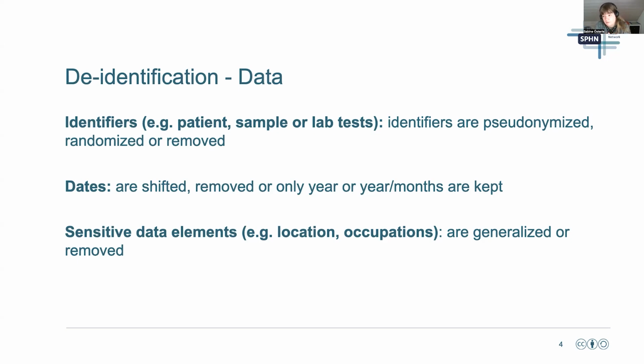On the dates, what we can do is so-called date shifts. You determine a random number in a certain range. For example, you would say, I would like to shift all my patients by plus minus 30 days. Then for each patient, a random number between 0 and 30 is picked, and all dates are shifted by this random number. This ensures that the order of events is still in place and the temporal relations within your data are unaltered. But you wouldn't know anymore what the exact birth date of a patient was,